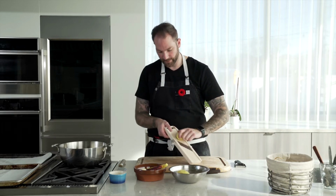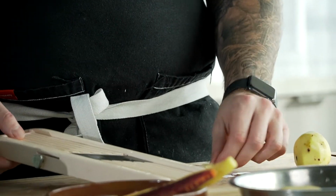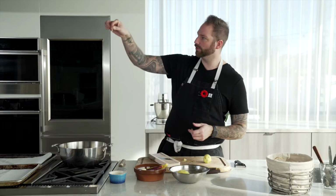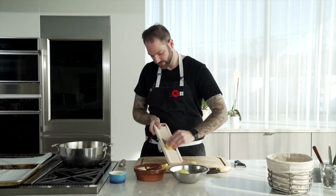But we're actually going to use a mandolin. You want to make sure it's really thin. So the best way is to do just a couple and check. If you can see through the light, then you know it's good. I'm just going to do them all